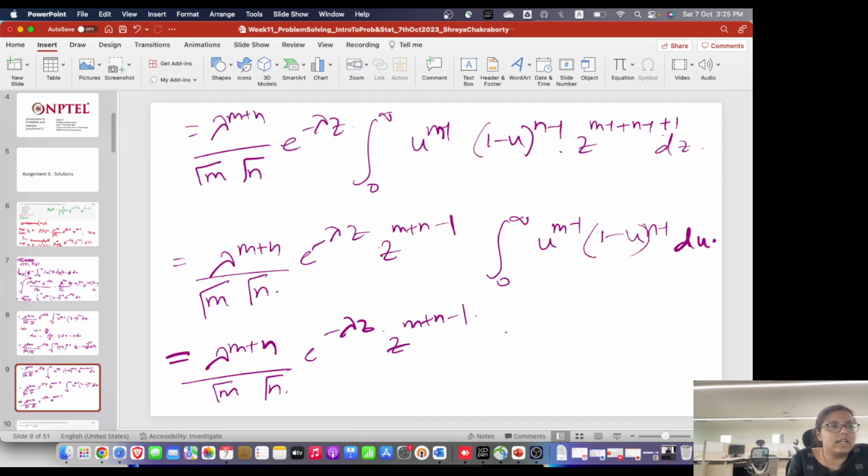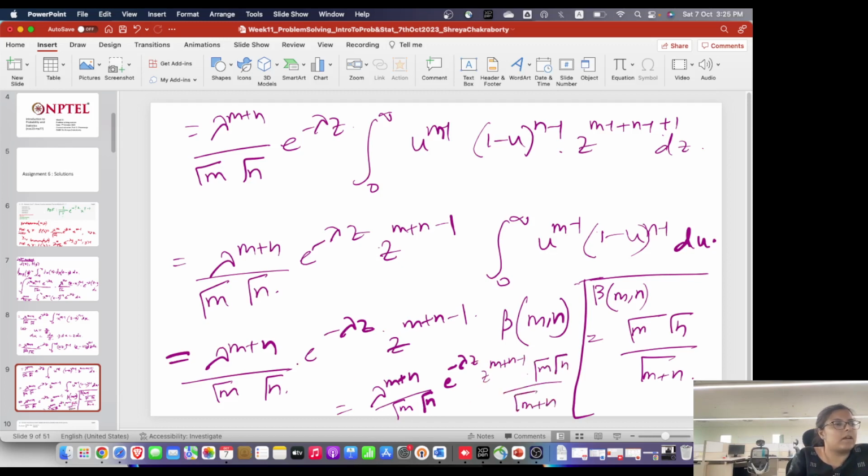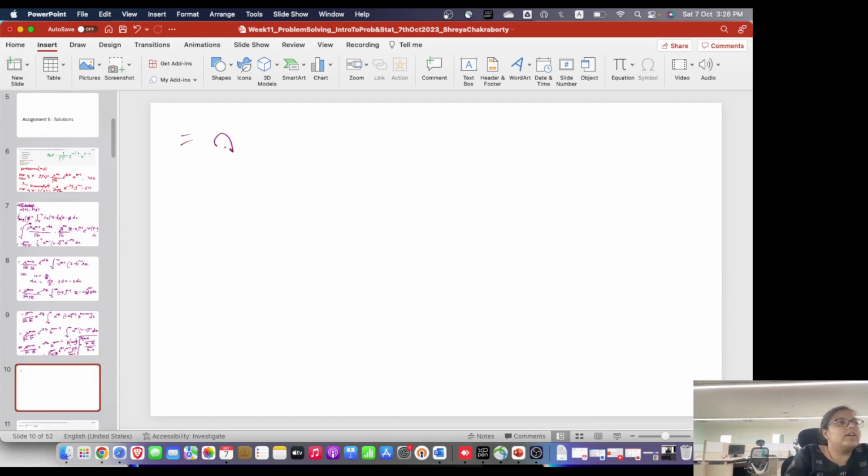And this is essentially a beta m,n. Now the form of a beta function is beta m,n equals gamma m gamma n by gamma m plus n. So this one would be lambda to the power m plus n by gamma m gamma n, e to the power minus lambda z, to the power m plus n minus 1, into gamma m gamma n by gamma m plus n. So if we cancel these and make the calculations, then we would have lambda to the power